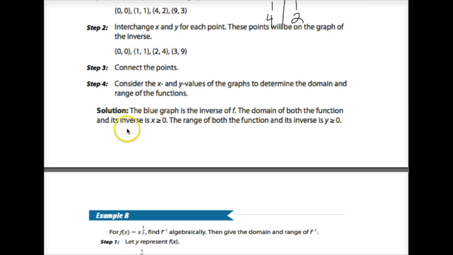So it gives you the solution here. They wrote them in inequality notation. So the domain of both is x greater than or equal to 0. In interval notation, that would look like this guy. And then the range is the same. It'd be y or f of x or g of x or whatever the case may be. Again, if we were writing it in interval notation, it would look like this. So remember that when we are graphing points, we get an inverse by simply switching the x, y coordinates and